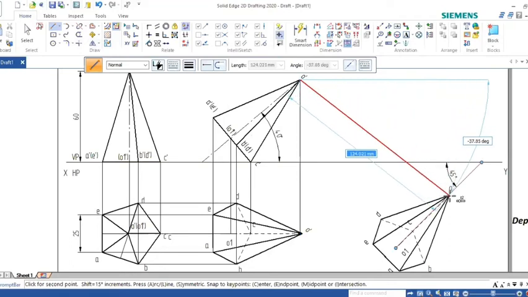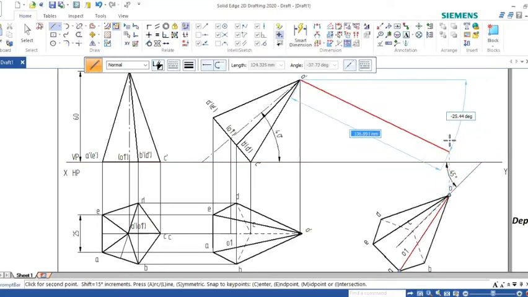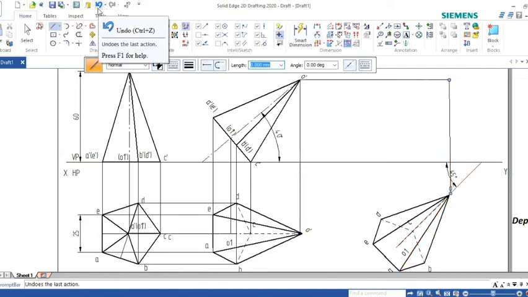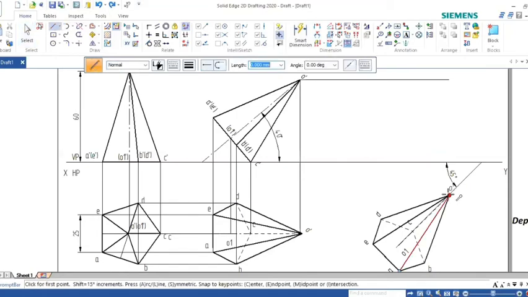O, from here, this corner. Okay, so now locate O dash.